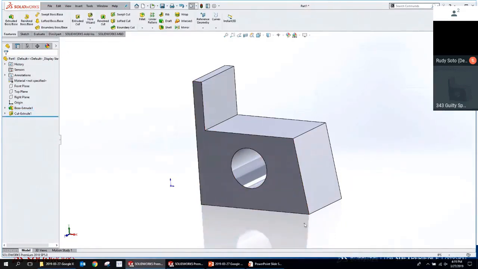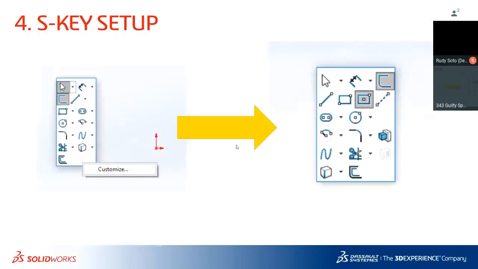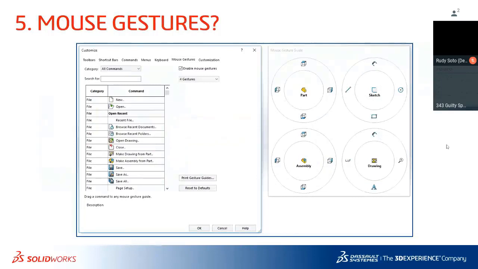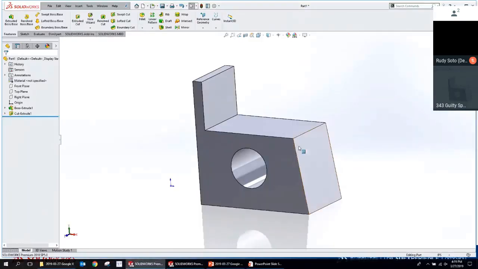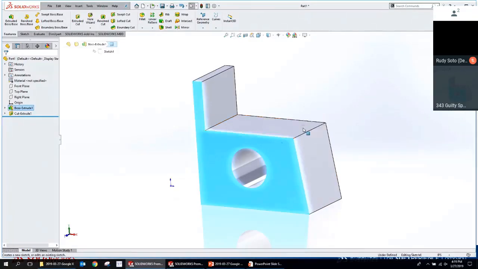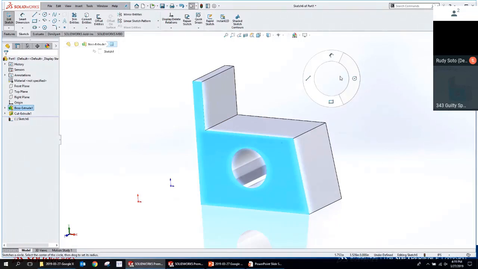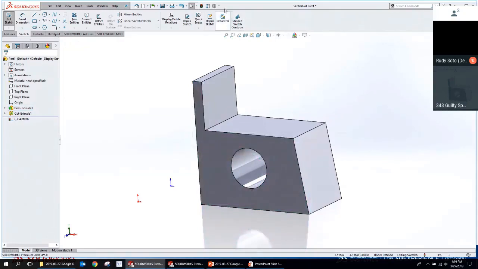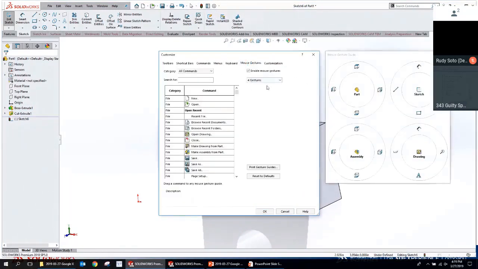Now, there's another command that's similar to that. It's what's known as mouse gestures. So mouse gestures are a different way of kind of getting to the same functionality. The way that mouse gestures work is you do a right mouse button and drag, and it brings up this little shortcut bar. And some people really like mouse gestures. Honestly, it's not my cup of tea. But it's fine if you like that. And you can see you can go here to customize mouse gestures, and you can choose to add 2 gestures up to 12 gestures. And this can all be customized as well.